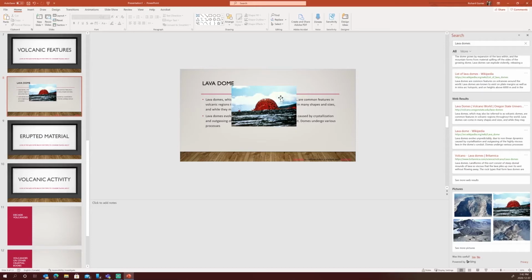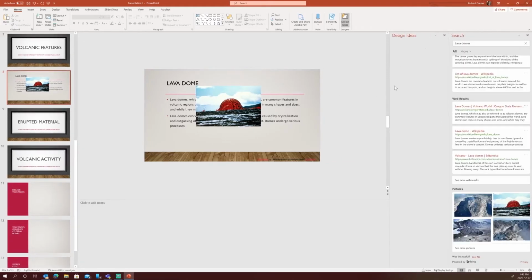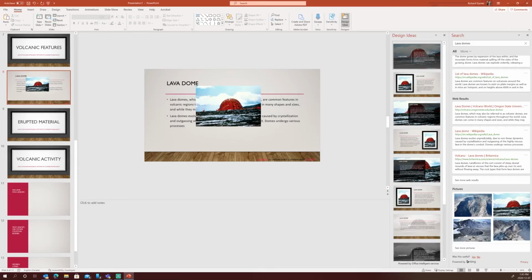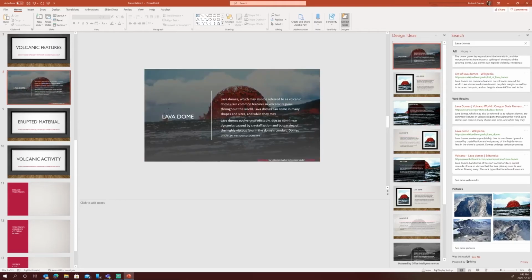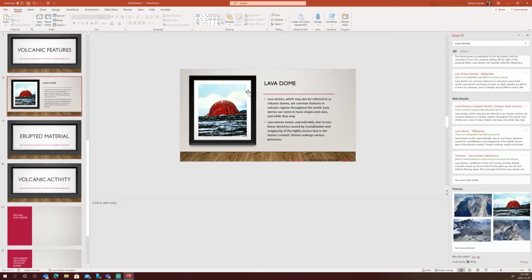This doesn't look great. We've got an image over all of our text. Under the Home tab, there's a great feature called Design Ideas. I'm going to use that to make the slide look really great. Design Ideas is going to scan our slide and all of the information on it, including the text and images, and it's going to give us some great options. You can see that we've got one with the image in the background. I'm going to go with this one here, which makes it look like a picture frame on this gallery layout. That's the one that I want to use. There you go. Doesn't that look great?